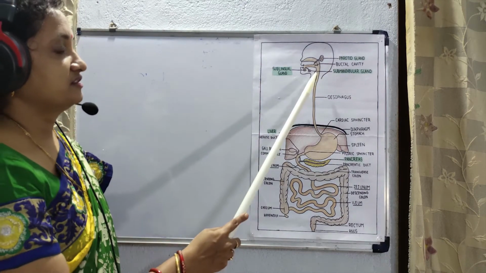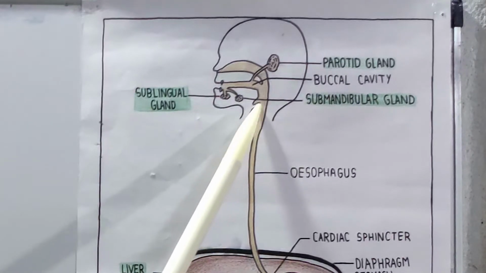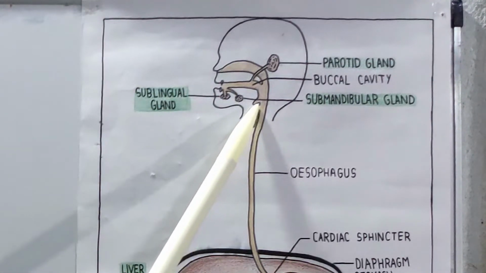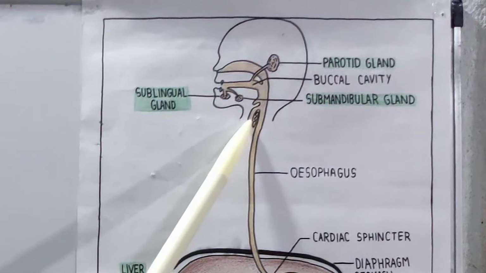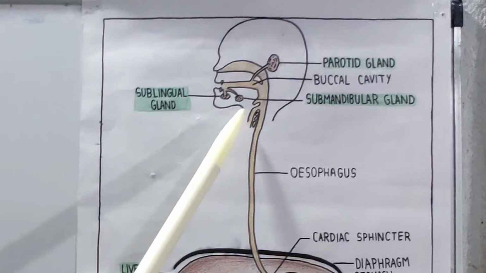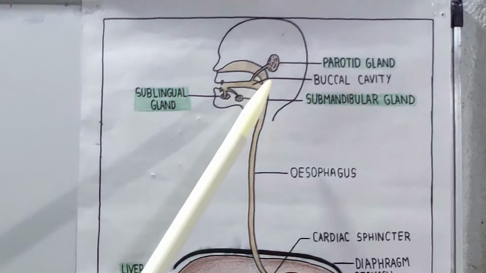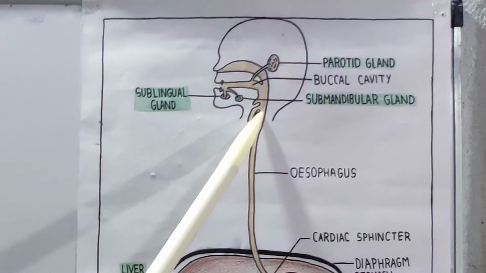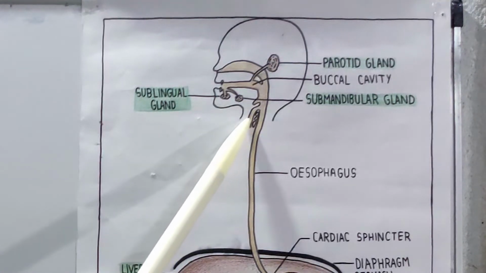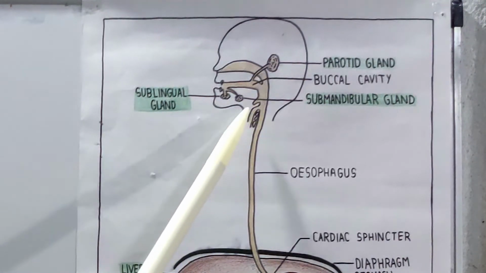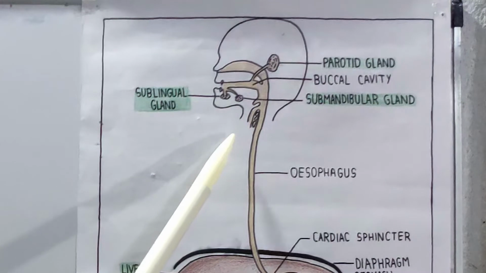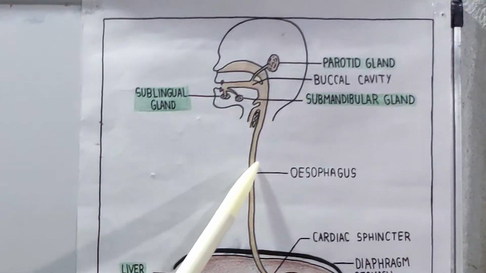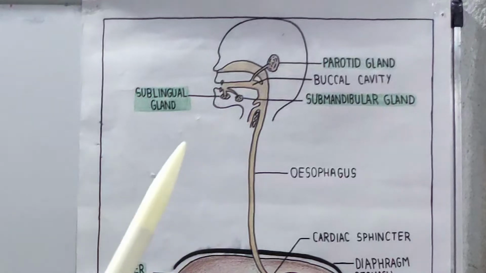So, the opening of the alimentary canal is known as the gullet. That means it is the opening of the esophagus, whereas the opening of the respiratory tract, that means to the larynx, is known as the glottis. So, the glottis is supported by the epiglottis. That means when the food enters into the pharynx, at that time the epiglottis closes the glottis, which is why it restricts the food from entering the respiratory tract. So, food cannot pass into the larynx, rather the food passes into the esophagus through the gullet.